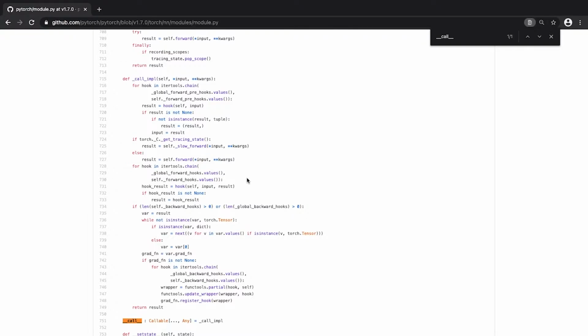First of them is definitely using forward hooks for debugging purposes, because you can do a lot of printing and logging inside of your function here. And the second application that I've seen is on purpose modifying your output tensor or whatever the output of the forward method is, right? Anyway, we are focused on visualizing of activations.